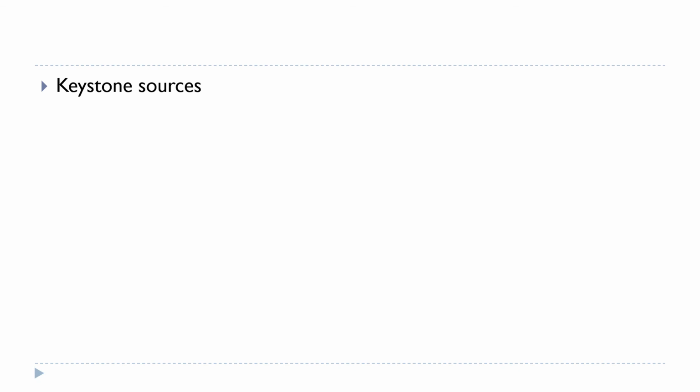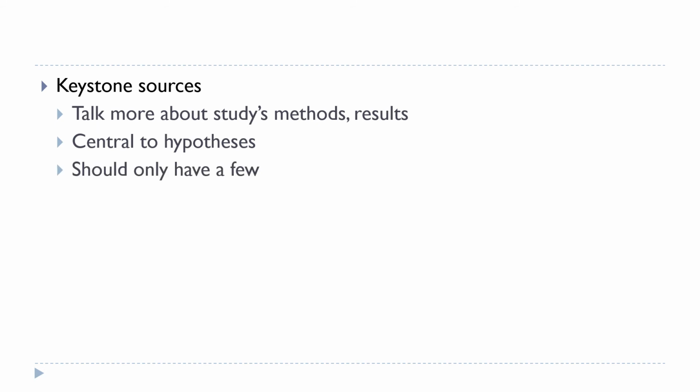I wanted to remind you about the difference between keystone sources and touchstone sources as we're talking about how we use our sources. As a reminder, keystone sources are sources that are central to your study's basic ideas. They are really vital for your study's approach and hypotheses, and central. If they weren't there, your paper would be very different. So for keystone sources, you would use them more and provide more information and detail about them than for the other sources in your paper.